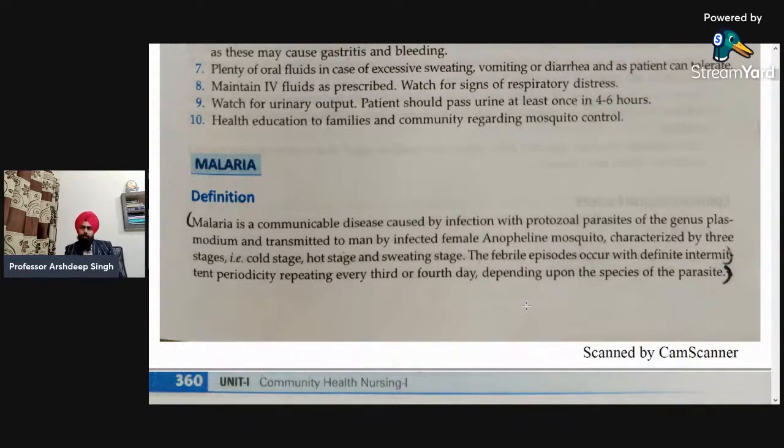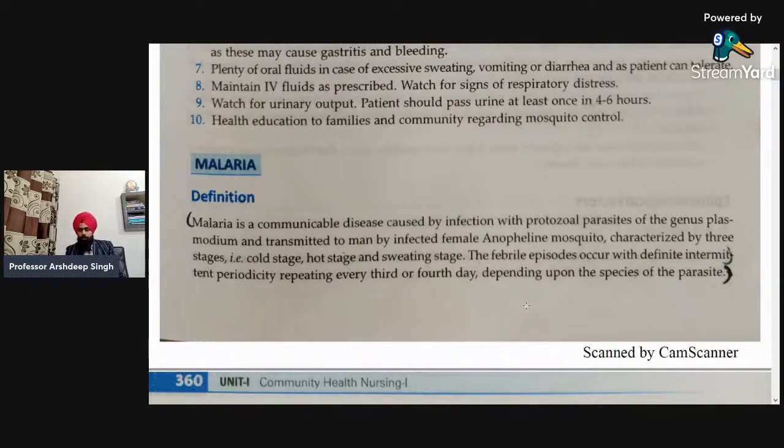Sometimes the external examiner may ask what is the causative organism of malaria. The answer would be Plasmodium vivax, Plasmodium falciparum, Plasmodium ovale. But if he or she is asking what is the vector of malaria, then you have to answer female Anopheles mosquito. So that is the difference. As the BSc nursing and post-basic nursing exams are continuing, the practicals are coming within a few days. So that can be a question that might be asked in the external exams. So just note it down.